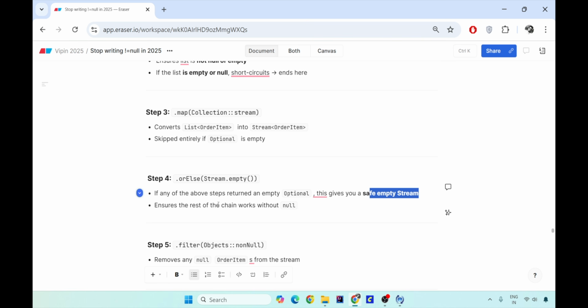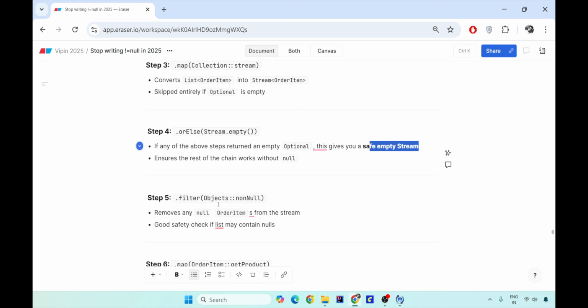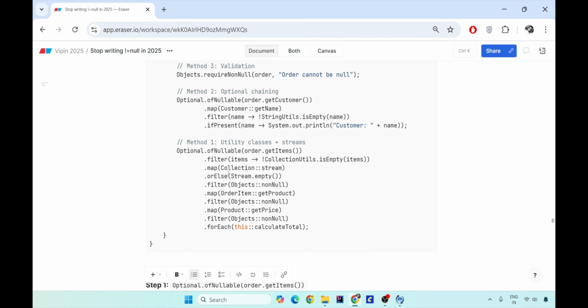So by this time, you will have the list of order items. Here, you're going to fetch and filter from the list of items: is any item null? Suppose I have placed an order for 5 items, but 2 are out of stock, so I made them null in the business logic. Now I only have 3 items which are valid to be sent to the user, but I still have 2 nulls in the stream. So what I check is Objects.nonNull. So after this line number 5, you will have all the items which are not null. So a total of 3 items after this line.